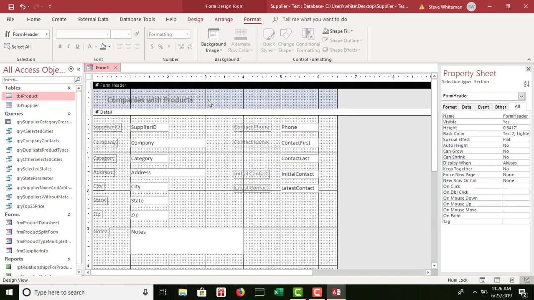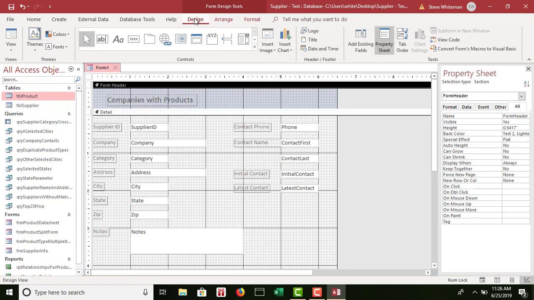Step D, make sure the form's record source property is set to table supplier, and then add a combo box in the form header section to find company field values. Okay, so what we want to do is make sure you click on the bar that says form header. Okay, then we're going to go to the Form Design Tools Design ribbon,